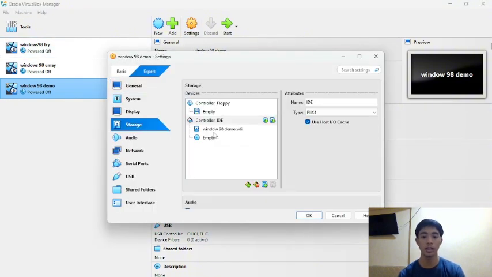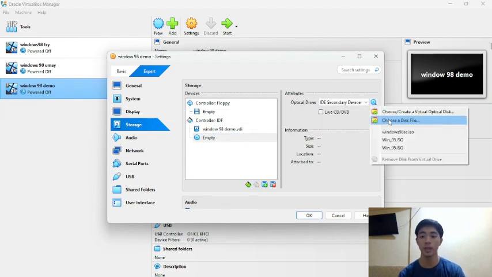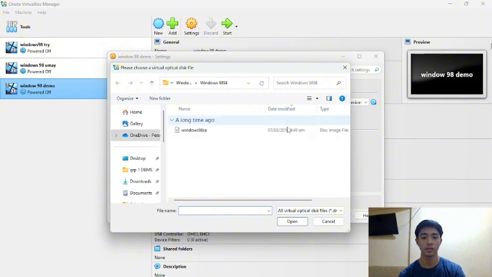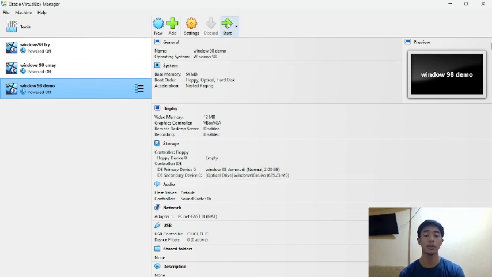In the storage, in the empty disk, we will put the Windows 98 ISO files, the disk image files. Click OK. Then after that, we will click the start.